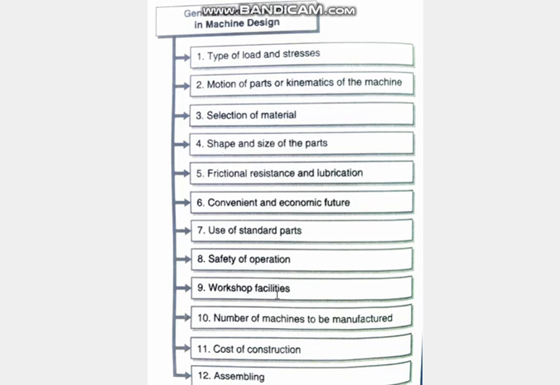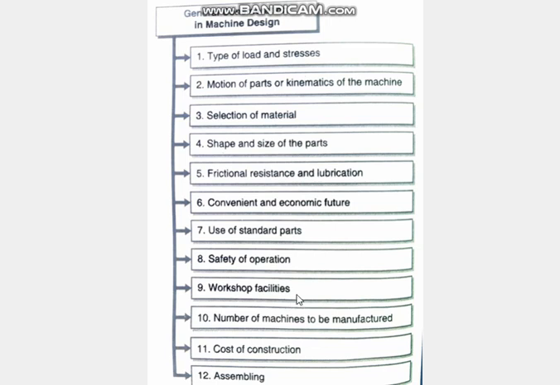Then next is the workshop facilities. A designer must have this also in his mind, whether the workshops available in our premises or in our vicinity can produce it or not. Suppose you select some very hard material which cannot be produced in our workshop, then you have to go outside. If you are going from our workshop to other workshops outside, you have to shell out money. That is not advisable. Within the premises you can produce, that will be the best.